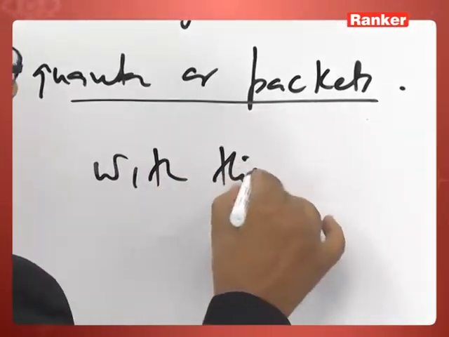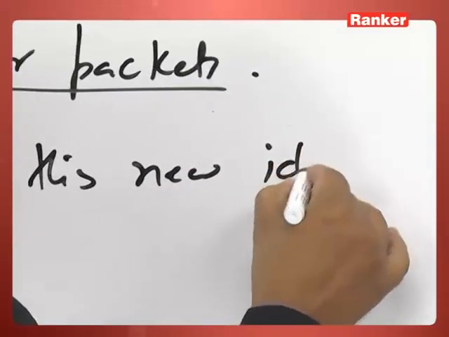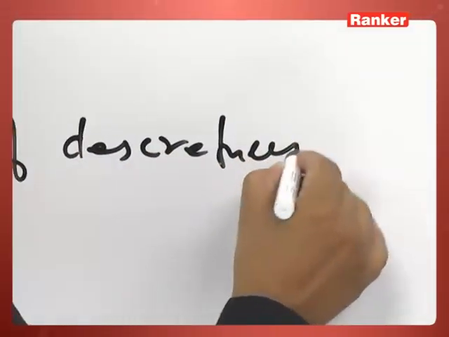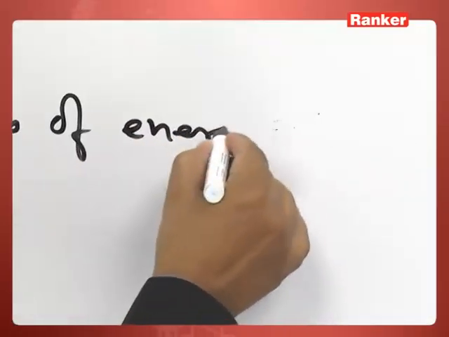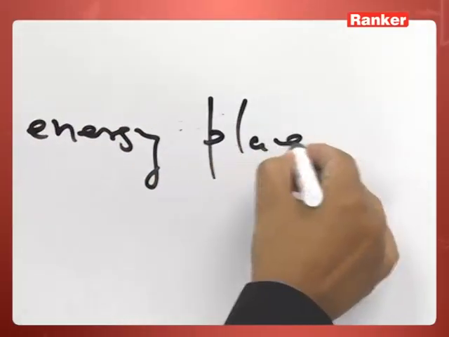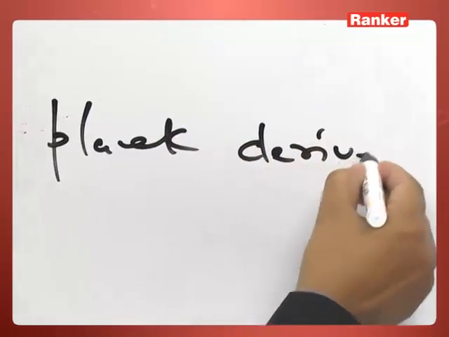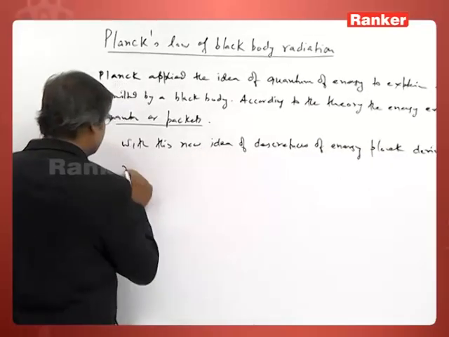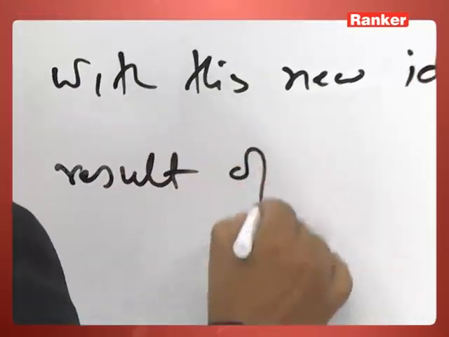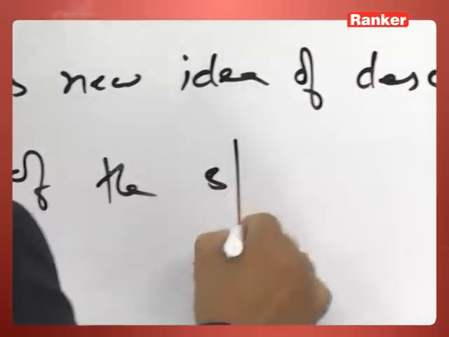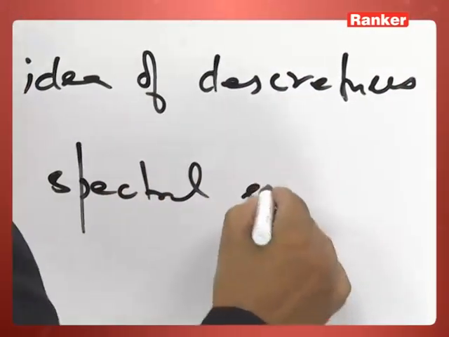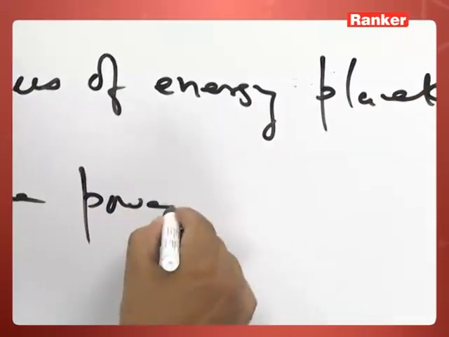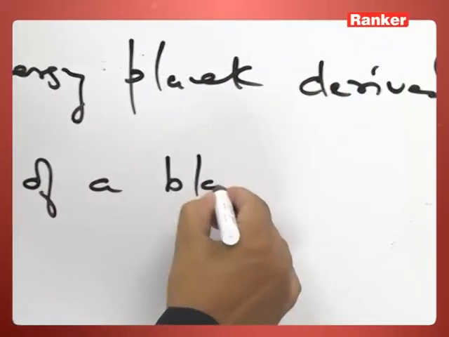With this new idea of discreteness of energy, Planck derived a result of the spectral emissive power of a black body